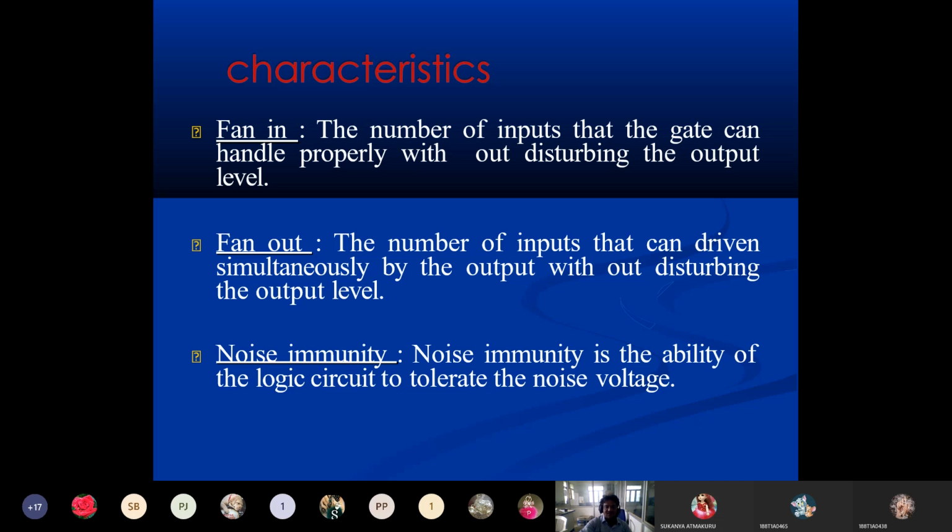So fan out is nothing but the number of inputs that can be driven simultaneously by the output without disturbing the